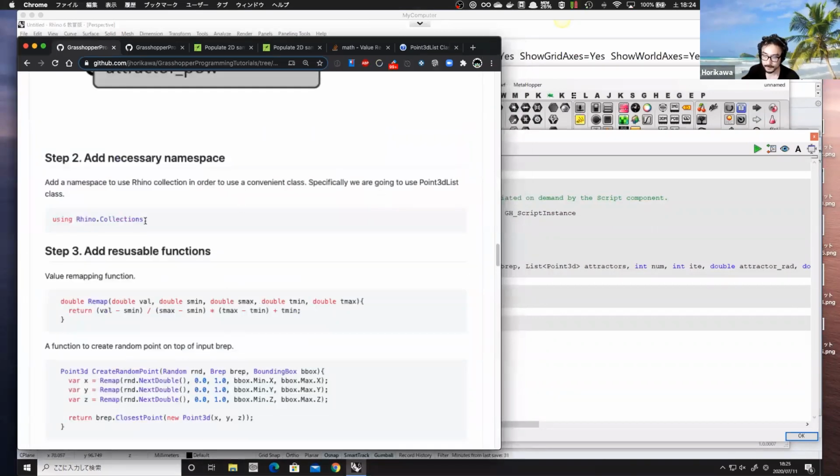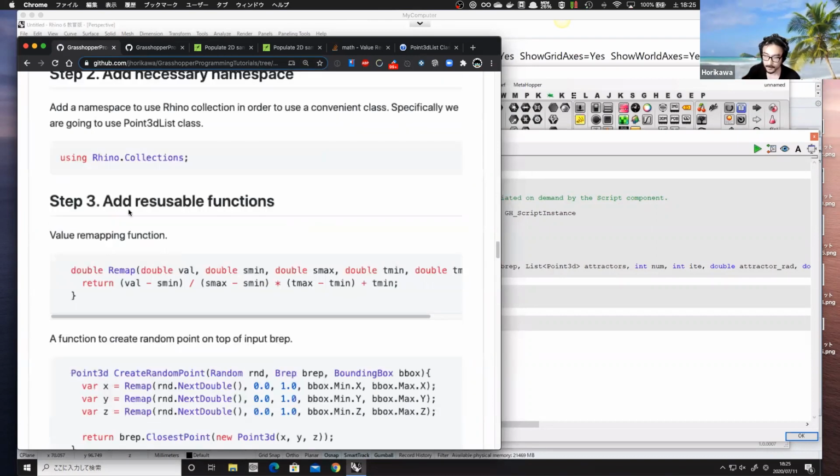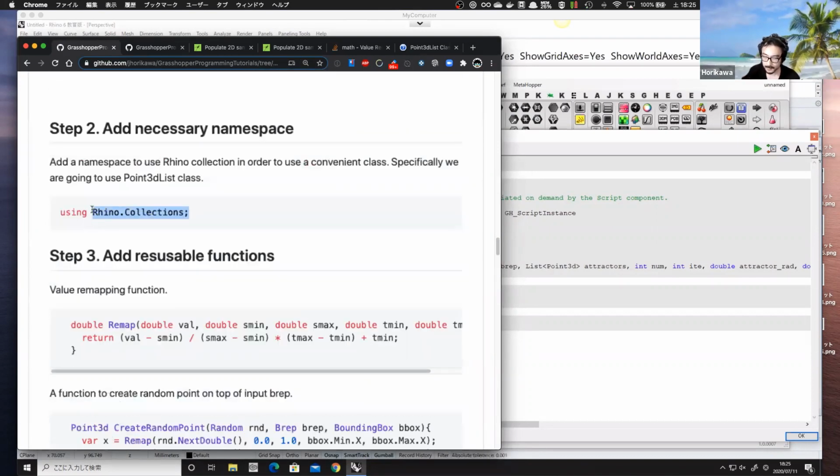So first thing we're going to do is to add this namespace, Rhino.Collections, which is one of the Rhino Common, which is included in Rhino Common SDK. By adding this namespace, you can access some of the Rhino specific collection classes, which is really useful for this component. So we're gonna copy this, and then